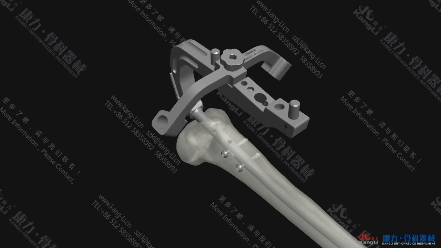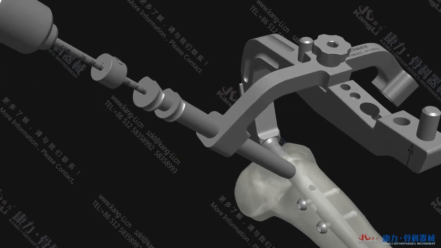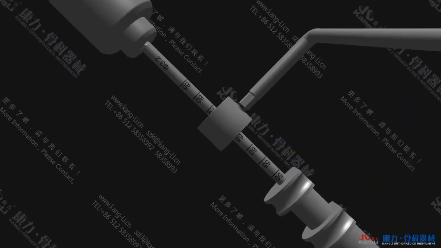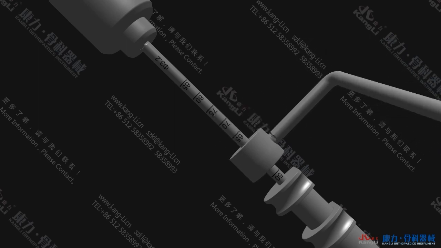Insert the cancellous bone screw sleeve combination into the first oblique locking hole. Keep inserting the cancellous bone screw sleeve combination until it reaches the bone cortex. Remove the drill car and insert the Φ3.2 drill bit. When the Φ3.2 drill bit has drilled through the first layer of the bone cortex and reaches the inner wall of the contralateral bone cortex, adjust the distance between the ball spike on the Φ3.2 drill bit and the